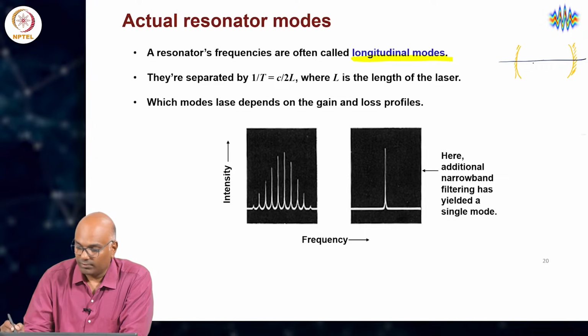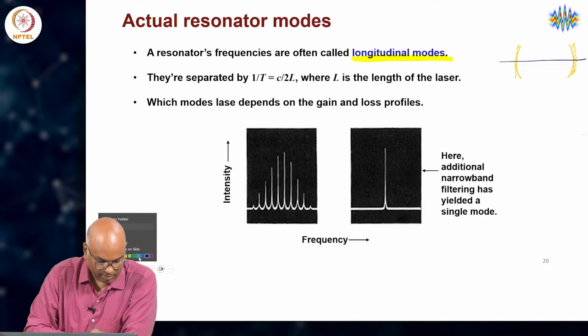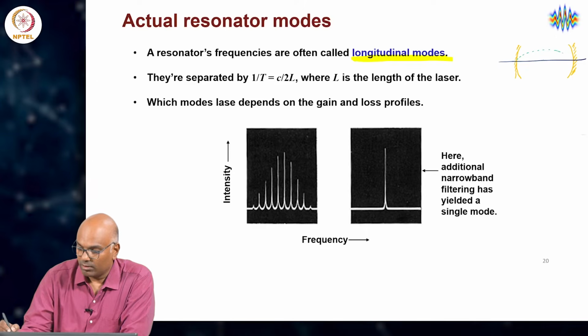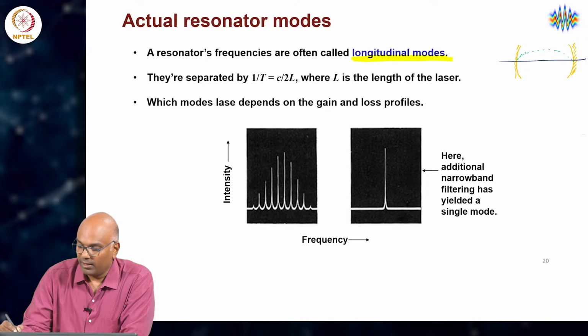Then essentially, if I determine a system axis like that, what we are saying is that we could have